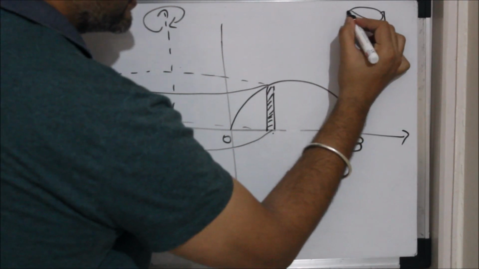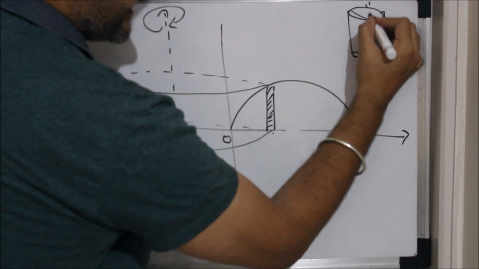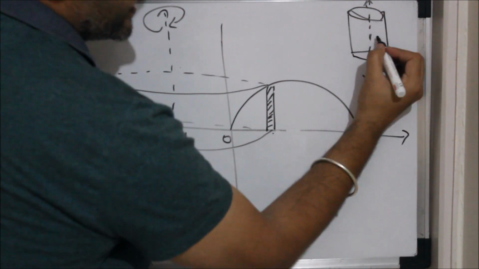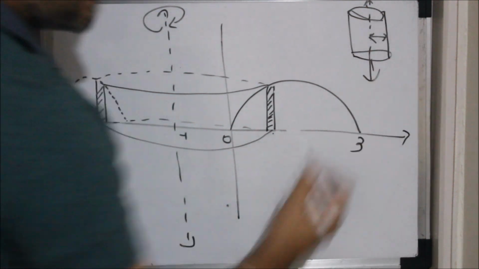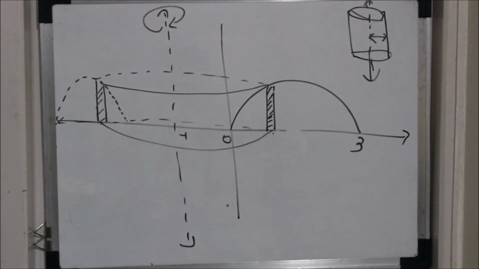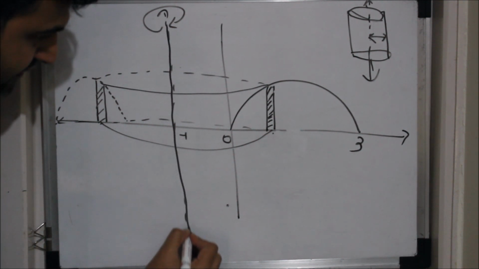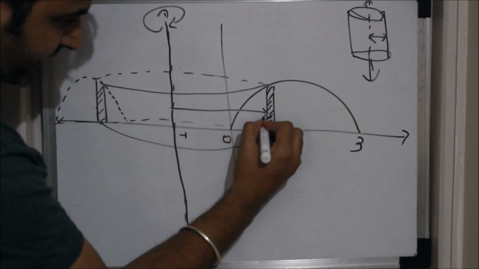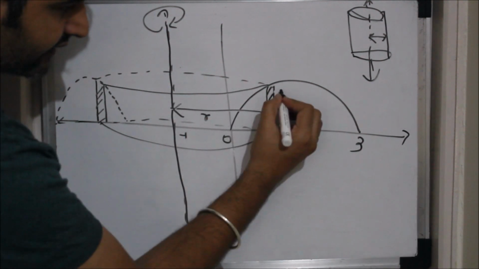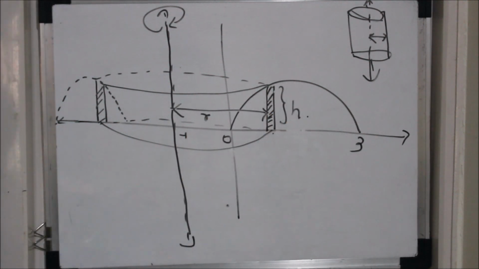if you have this cylinder and this is the axis of the cylinder, then this distance is called the radius. Which distance? The distance from the axis of the cylinder to the outer part is called the radius of the cylinder. So in this case, this is the axis of revolution or the axis of rotation, x equal to -1. So this will be my radius and this will be my height.